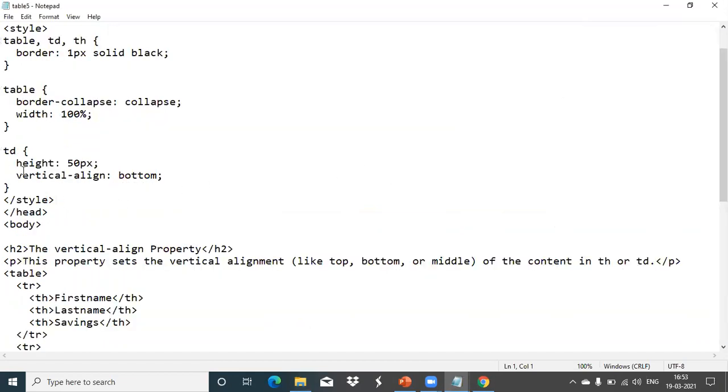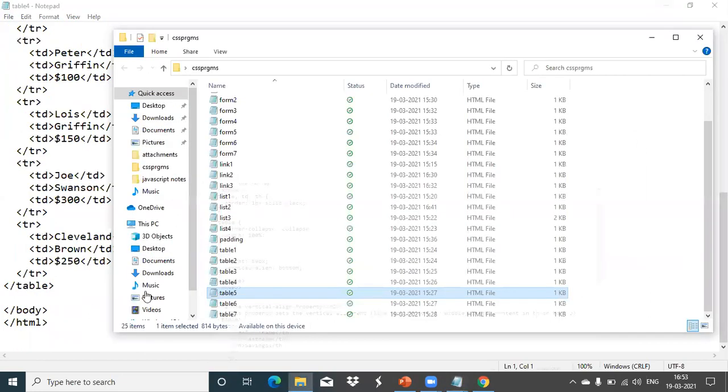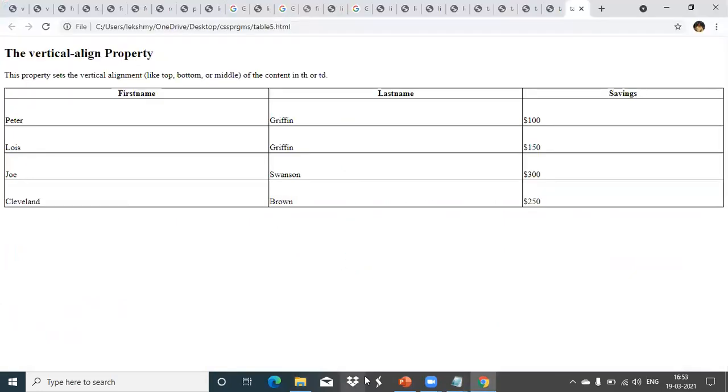See, now for the table data, we are telling some alignment: where to align, and what the height of the table data is. For the table heading, we have seen how to align it separately. Now for the table data, where to align: vertical alignment to bottom, top, middle, like that, we can give there. So you view this output. See, like this.